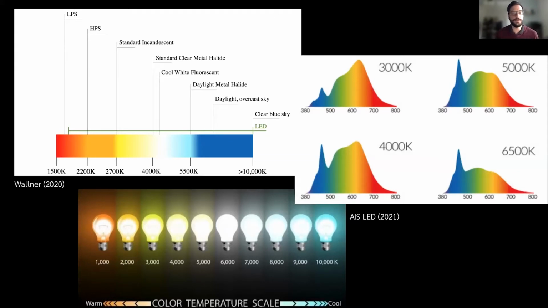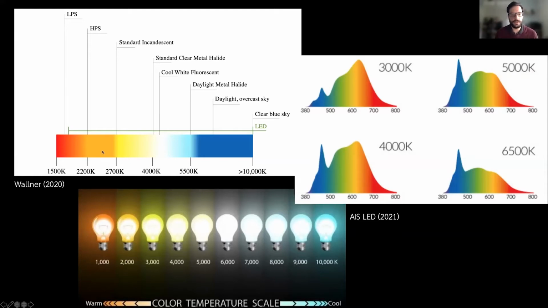This emission spectrum gives us, like I said before, the color temperature, or the color of the light. And here you can see that most of the lamps, or even all past generation lamps, have one color temperature. So this could not be changed. For the LED, for the first time, we can really choose from a variety of color temperatures beginning at 1800 Kelvin. The color temperature is given in Kelvin.